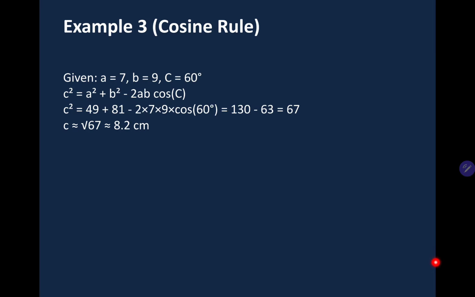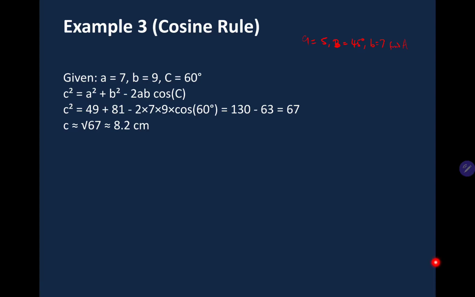Okay, before we go into the cosine rule, let's take another example where we have to find the missing angle. They say use the sine rule to find a triangle where A is equals to 5, angle B is equals to 45 degrees, and side B is equals to 7. So we're told to find